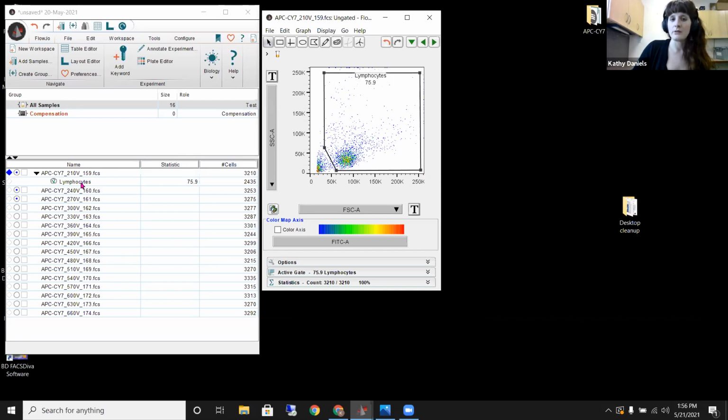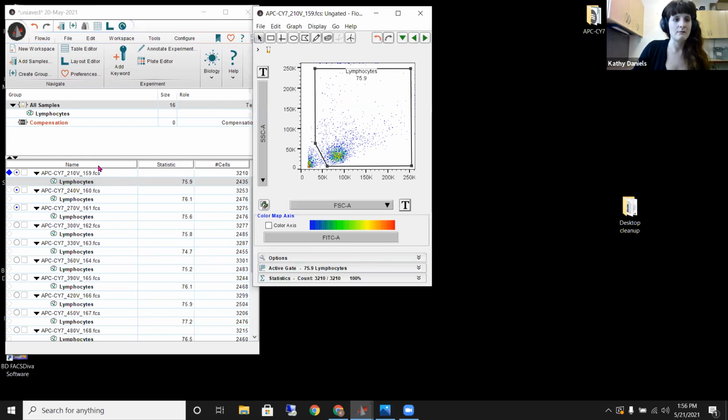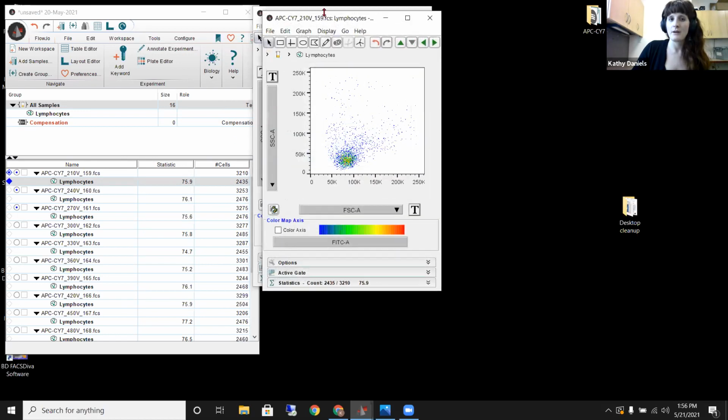Okay. Now what I can do is I can say, all right, I know that these are the same cells that I acquired across this voltage walk-up, and I want to make sure I apply this gate to all of my samples. So what I can do is I can click and drag and bring that up to all samples. And once I do that, this lymphocyte gate is now applied to each and every sample. Okay. I'm going to hold off on going into that for right now, but there are some pretty cool tricks for when you drag that up. But for right now, I'm going to double click on that first